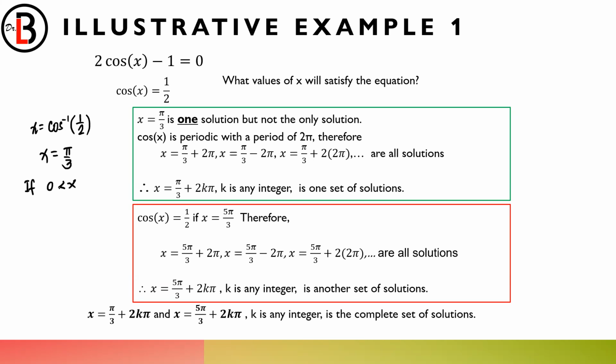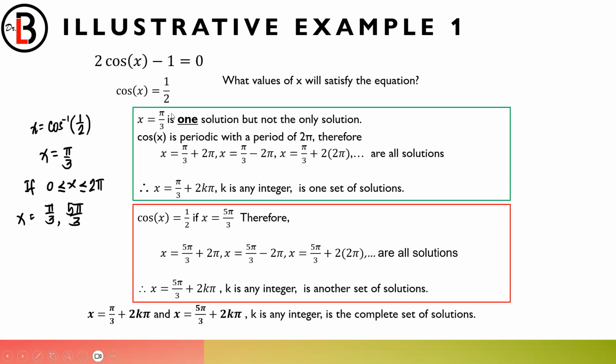x is from 0 up to 2 pi, I can say that it would be pi over 3 in the first quadrant. I know that pi over 3 in the second quadrant would make cosine negative, so this won't be true. Pi over 3 in the third quadrant would also make cosine negative. That means it won't be true. But pi over 3 in the fourth quadrant will make cosine positive. So what's pi over 3 in the fourth quadrant? That is 5 pi over 3. So these ones are the solutions that I can see that x is this, right?